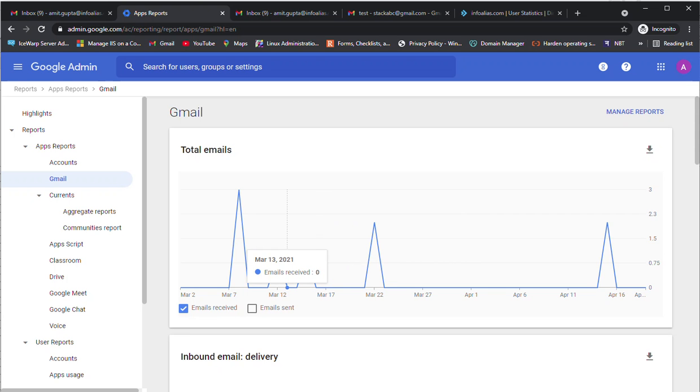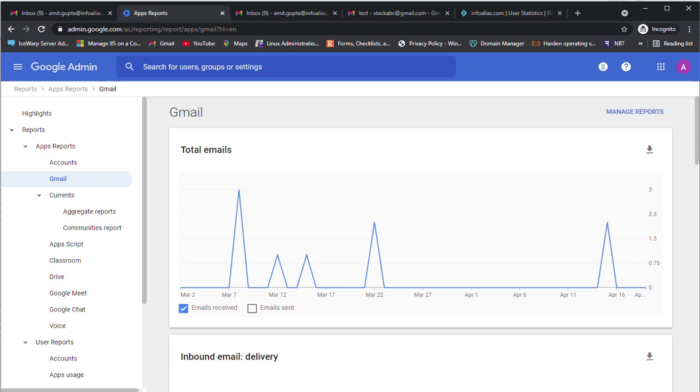Only emails which are sent will be downloaded over here. Now we can see on the 15th of April there are two emails which are sent, which are received on the infoalias.com domain. So here the value is showing 2.